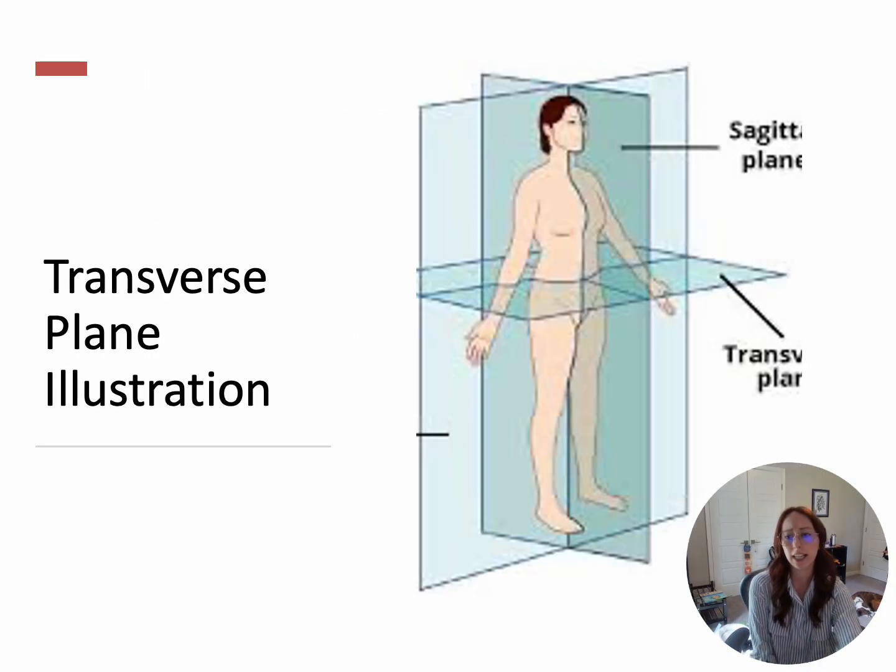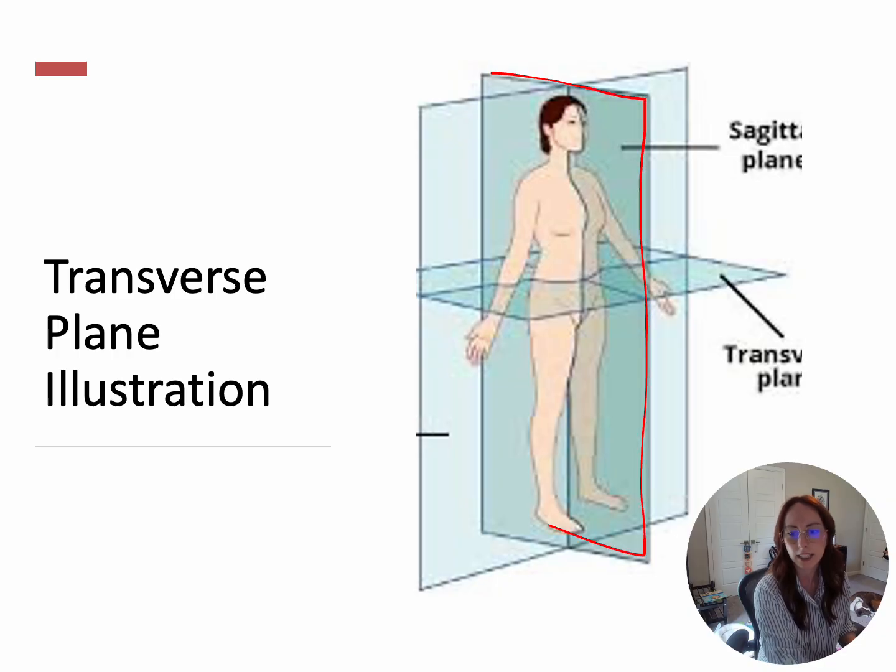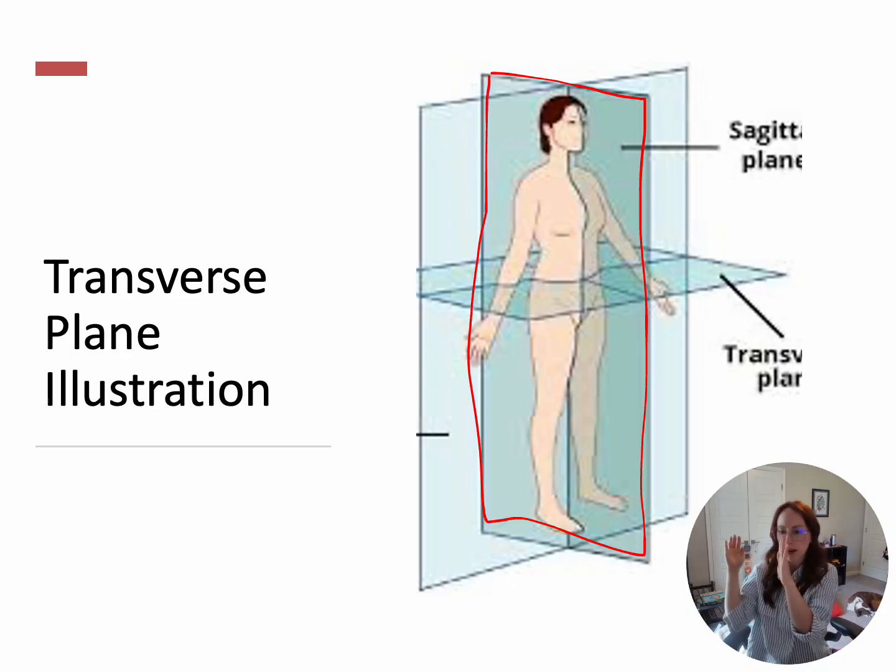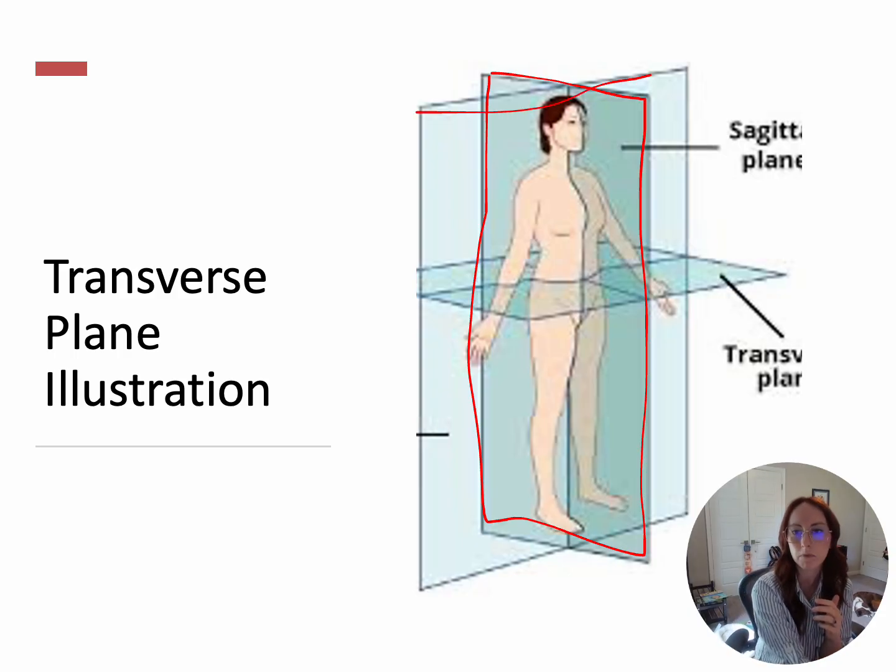So here is the illustration of that. So you see here we go. You have the sagittal plane is right here, this big plane here. That's cutting the body into that left and right motion. So again, that's where you're going to have the flexion and extension going along that plane. And then we have the frontal plane, this big one here,